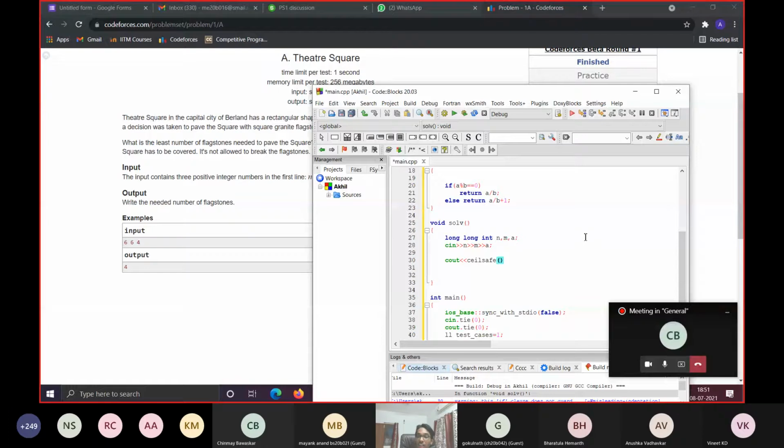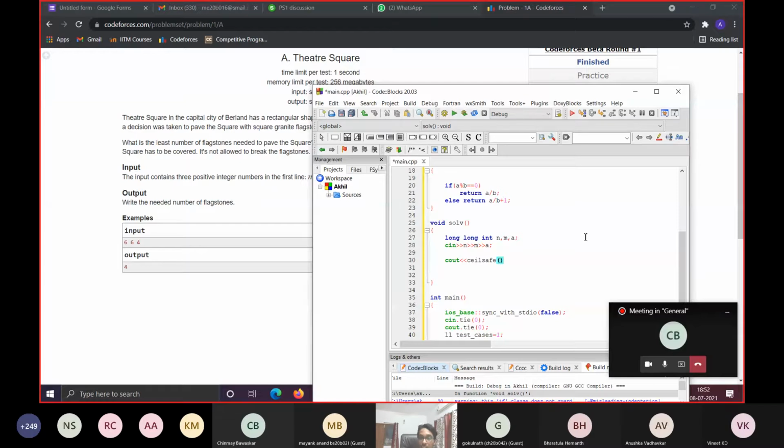You're finding out the next biggest area, which is a multiple of a square. So in this question, 4 into 4, 16. So the area covered by each tile is 16, and 6 into 6 is 36. But 36 is not divisible by 16, which basically means you can't cover the whole area using an integer number of tiles. You need to break the tiles somewhere, but you're not allowed to break the tiles. So you take it to the next biggest area, which is actually divisible by 16, which is 64. So that's why he said you make it an 8 into 8 square.